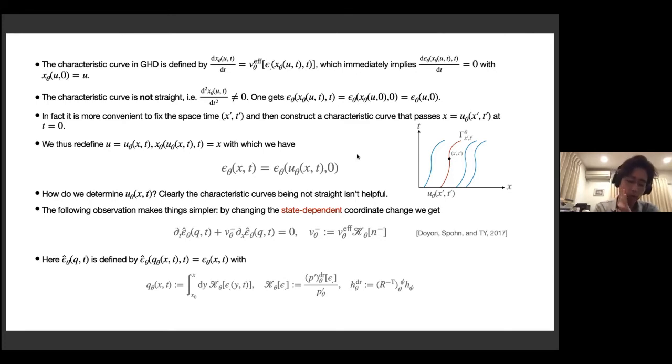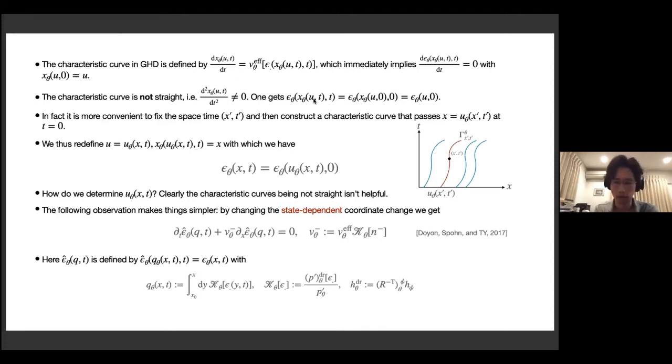But the difference from the previous case is that the characteristic curve is not straight in this case, because this epsilon, the pseudo energy, is not just a function of x, but no, sorry, it's effective velocity. Effective velocity is not really a function of epsilon, but it's a functional of it. This makes this second derivative of x non-zero, which means that the characteristic curves are not straight. But still, it doesn't change the fact that along the characteristic curve, epsilon